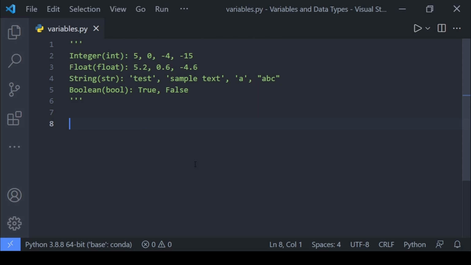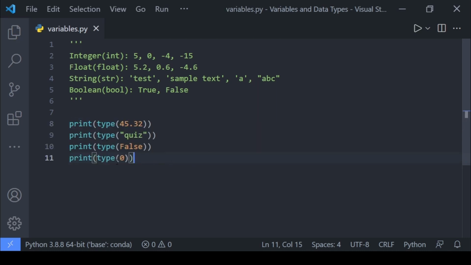So just to make sure you have understood everything, I will make a small quiz and you can try to guess the output. Okay, here's the code that will print types of each of these variables into the output. So you can just pause the video now and guess the output, or write your answers in the comments below. I'll give you a few seconds and then I will run the code.